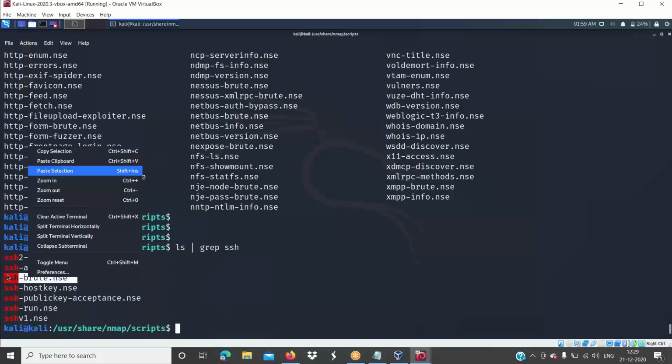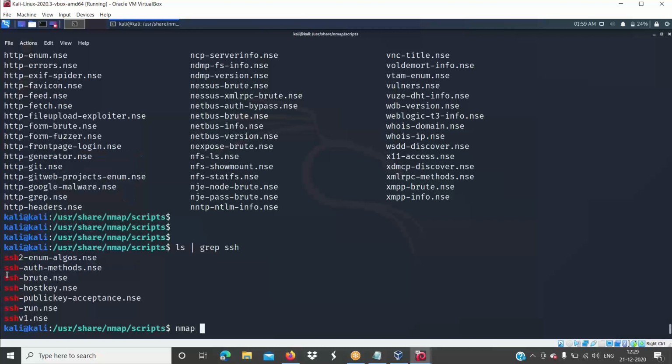This is a brute force script. You can copy this, then write the command: sudo nmap -p 22 against this particular server, with this script.